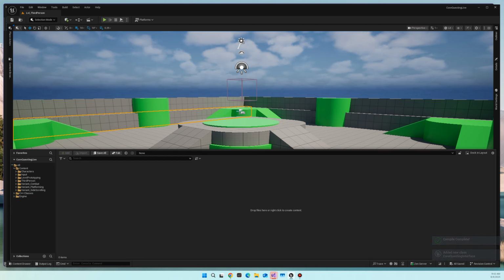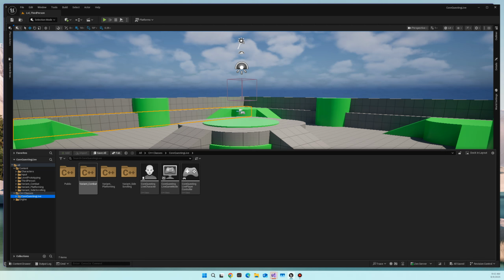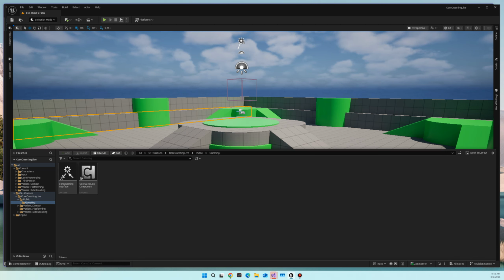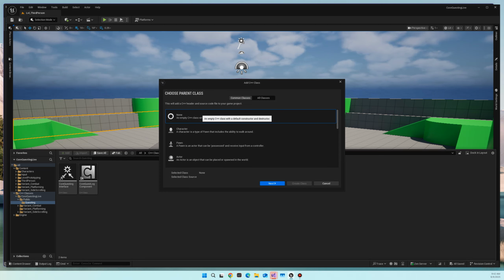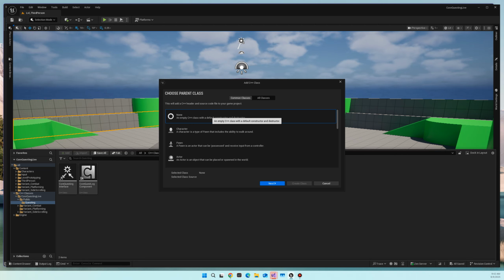Alright. And then we're going to do one more. And this is actually going to be a class for our structures. So we've got the interface, we've got the component. So now Unreal Engine doesn't have a way of creating structs, or doesn't have a template for structs. So we're just going to have to take our empty C++ class here and convert that to a struct for us. So again, I'm just going to go ahead